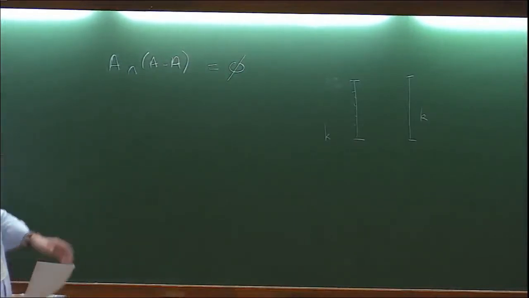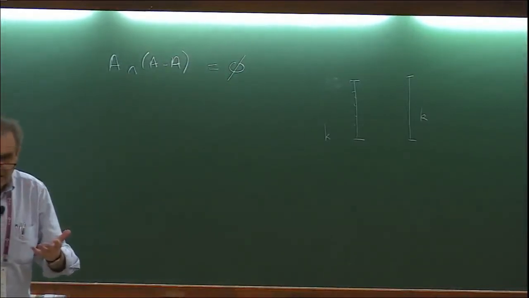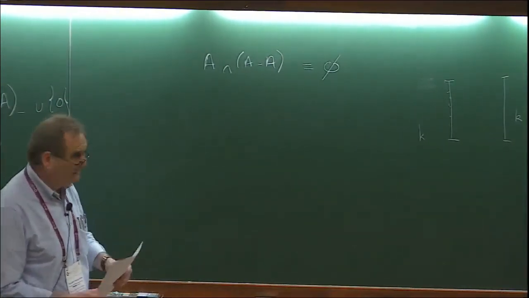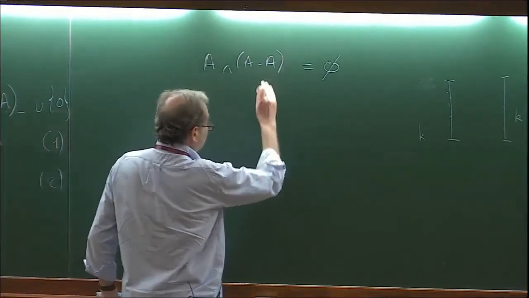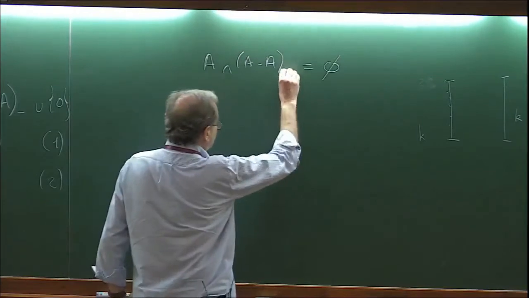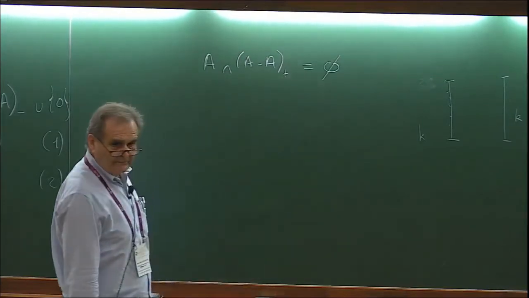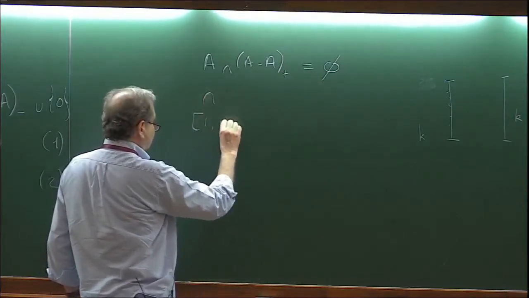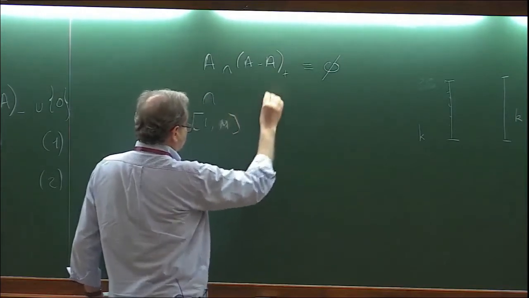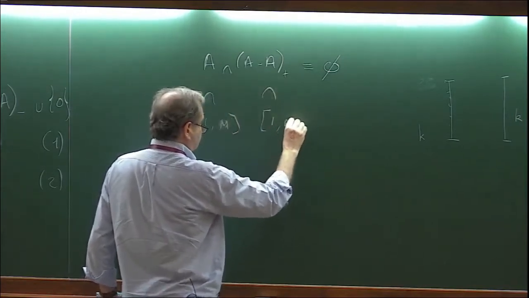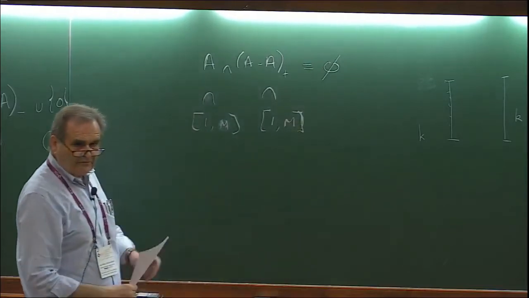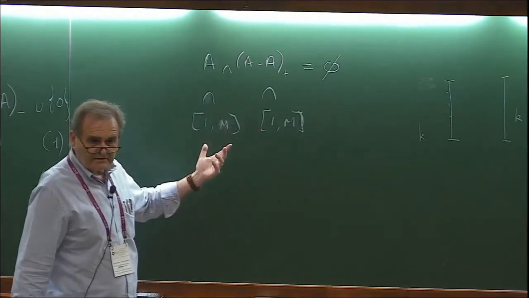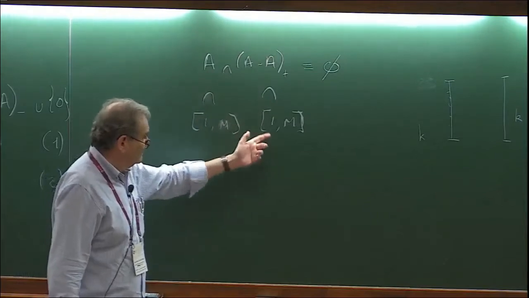This is empty because your set A is a set which is sum-free. This is just to say that it is sum-free, it is difference-free, and so you have this. Now, of course, you may take a subsequence of this one. If you take a subsequence of this one, this is also empty. But this is included in 1 to n, and this in 1 to m, if you wish, and this is also included in 1 to m. So you have two sets which are in the same interval 1 to m and which are disjoint. So the sum of their cardinalities is at most m.